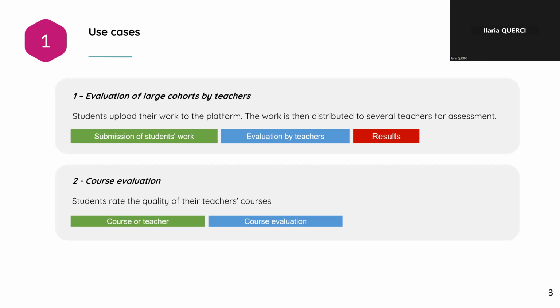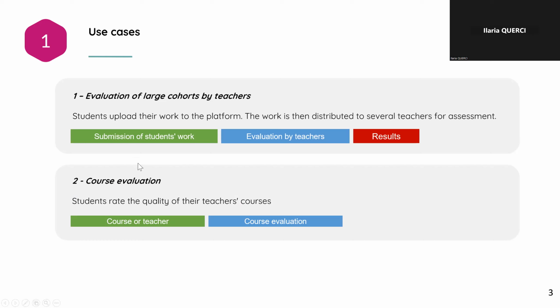You have the possibility to activate anonymity. It means that the teachers won't be able to see who they are assessing, to have fewer biases. The teachers will use the same criteria to assess the students, and it will be really easy to export the results at the end.